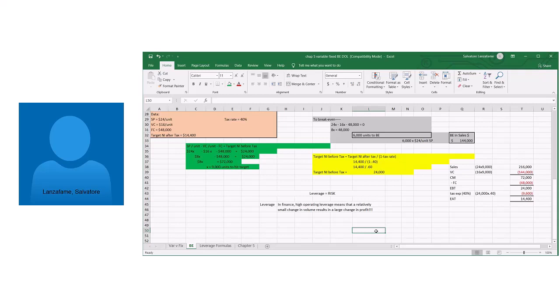And there's different types of leverage. There is the degree of operating leverage, known as the DOL. There's the degree of financial leverage, known as DFL. And then there's a combination of the two, the degree of combined leverage,